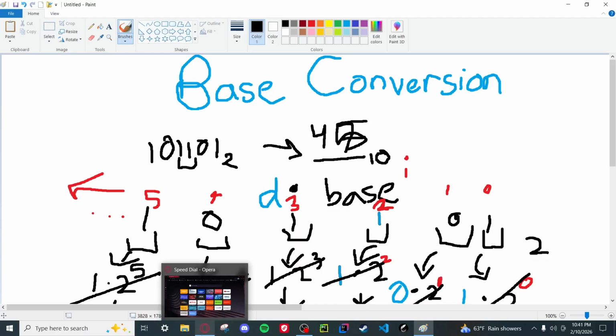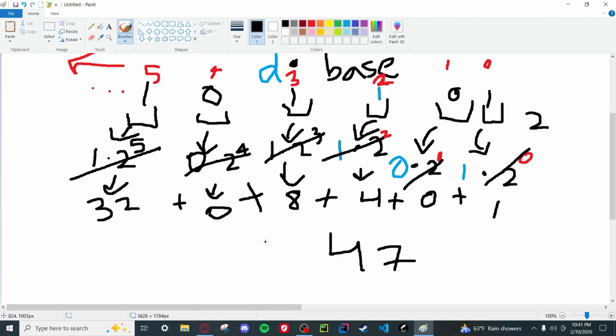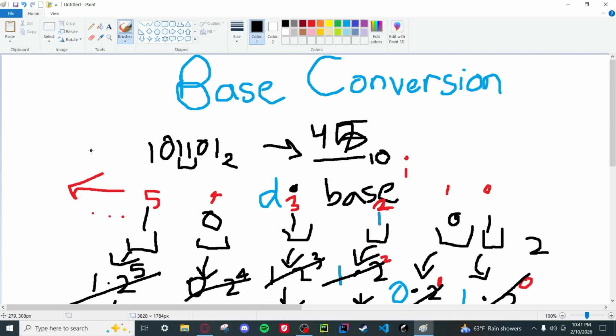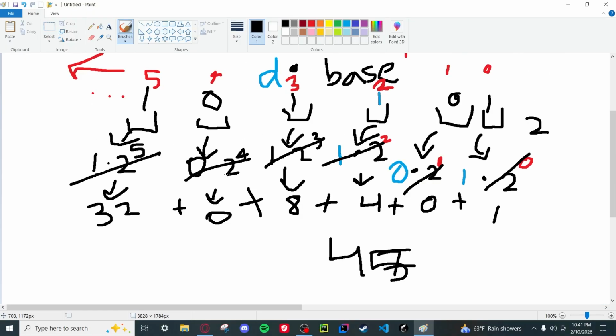That's kind of my folly. 45 in binary is literally, yeah, it's 45. I don't know where I got an extra 2 from. It's 45. I'm just going to be using calculators from now on. But okay, do you kind of understand this process and how we're utilizing this formula? D times base to the I. And another way you can look at it,